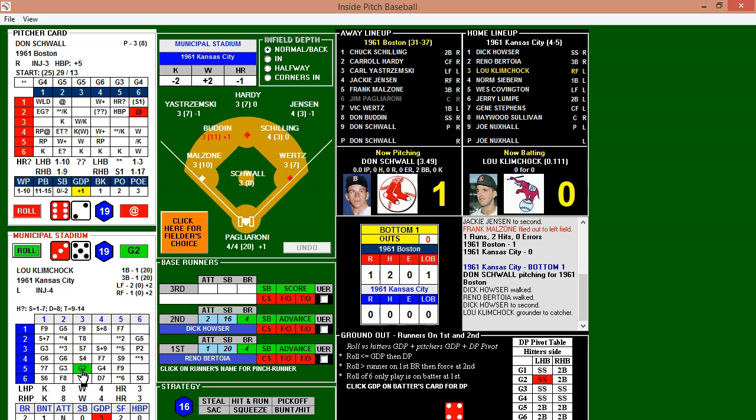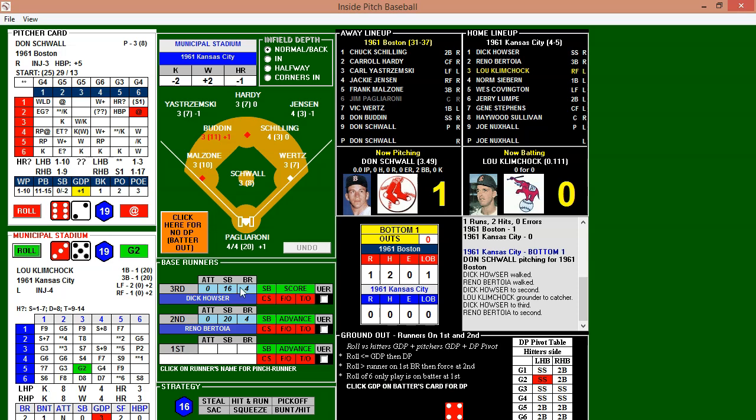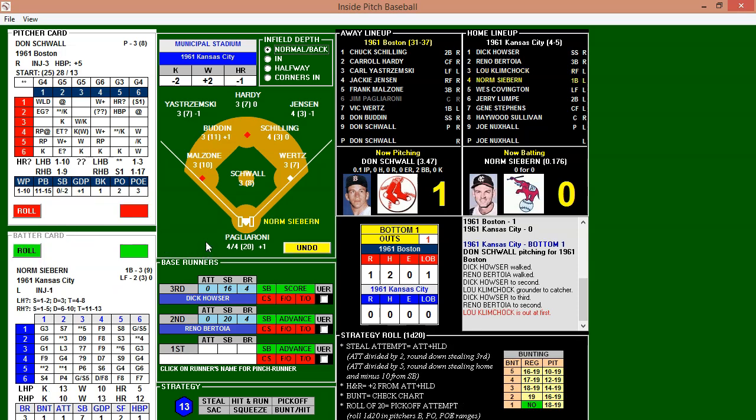Pagliaroni will field it. But his only play is going to be to first as the runners advance. So that'll work just like a sacrifice. So runners on second and third with one down. So 2 runners in scoring position for Norm Seaburn.